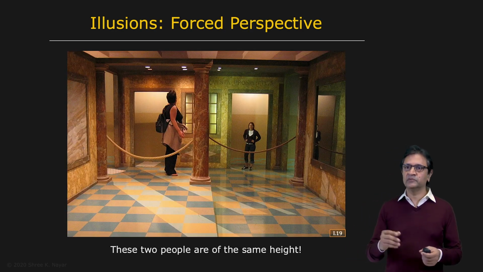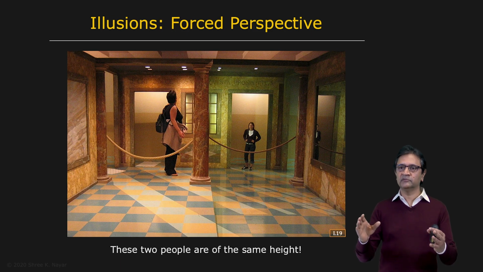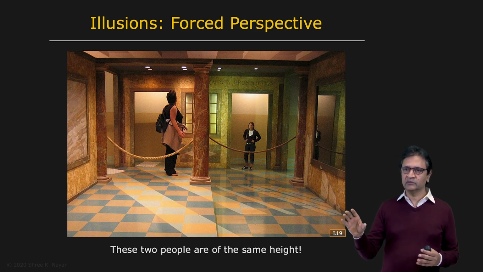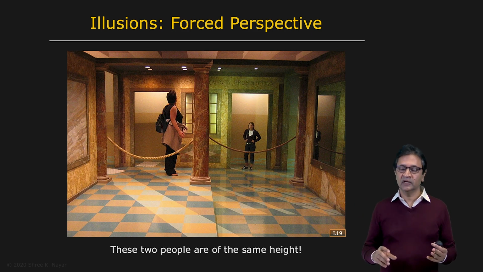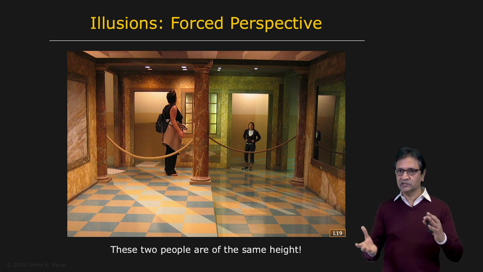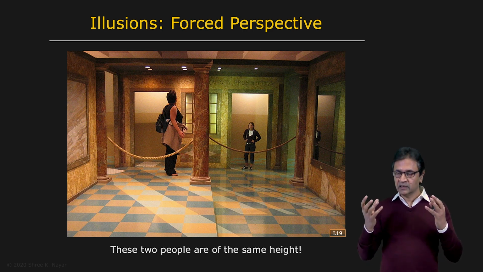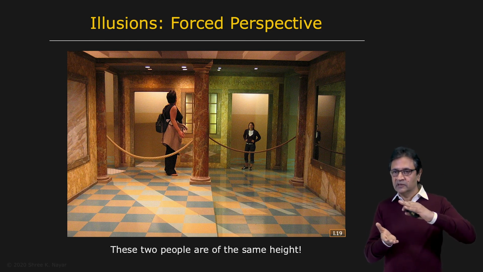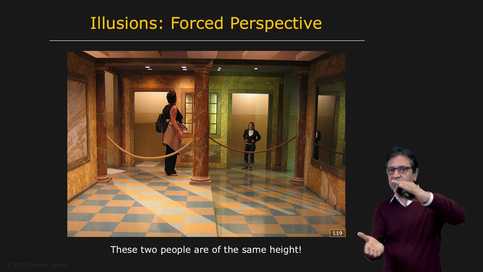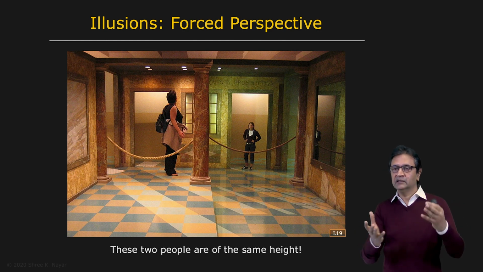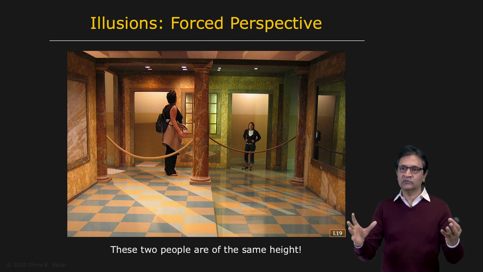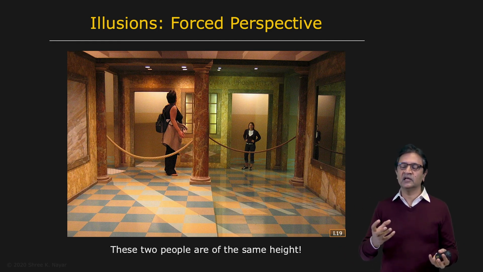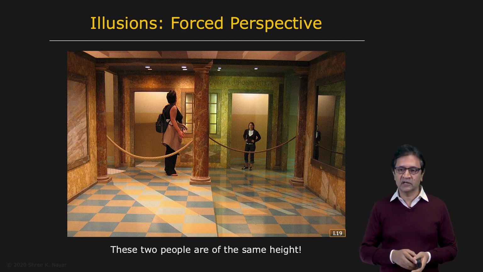And then there is forced perspective. So in this room, you see two women. The woman on the right seems much shorter and smaller than the one on the left. It turns out they are of exactly the same height. And the reason you see this very striking difference in their body size is because the room itself is not a cuboid, but in fact it tapers. The distance between the floor and the ceiling increases as you move away from the camera. And this forces an illusion which makes objects in the scene appear different in terms of their relative sizes.